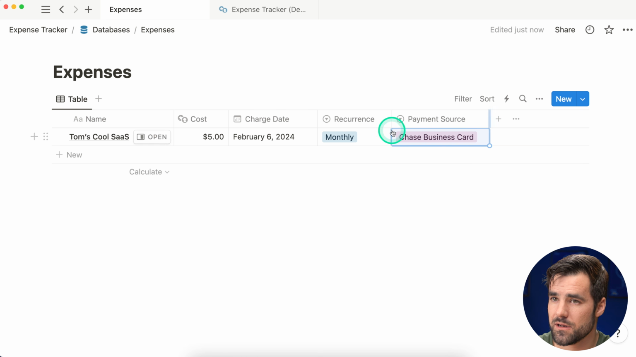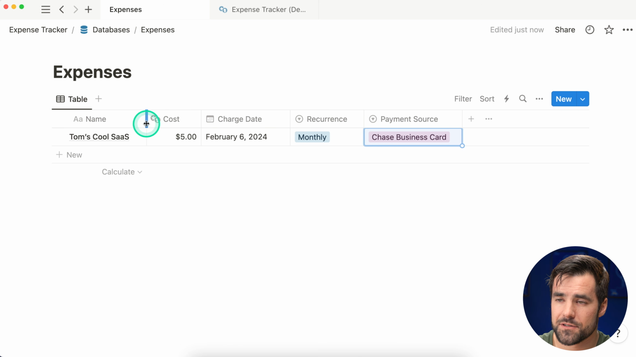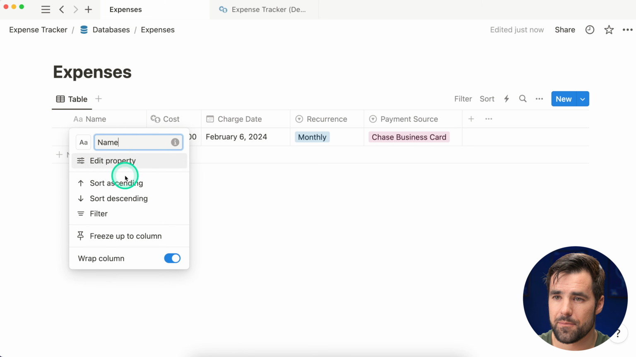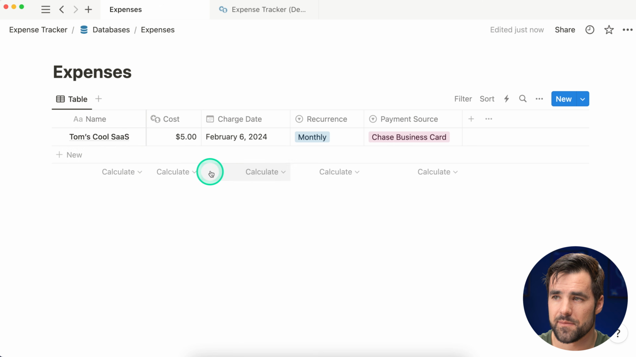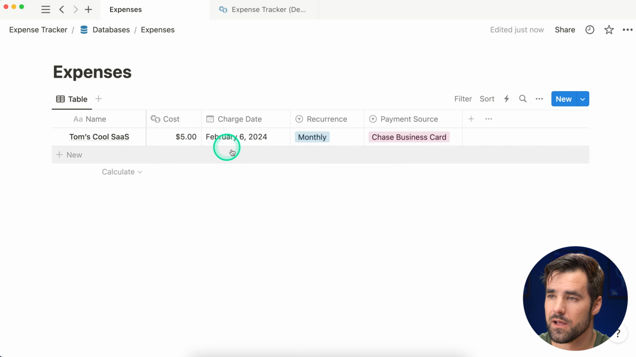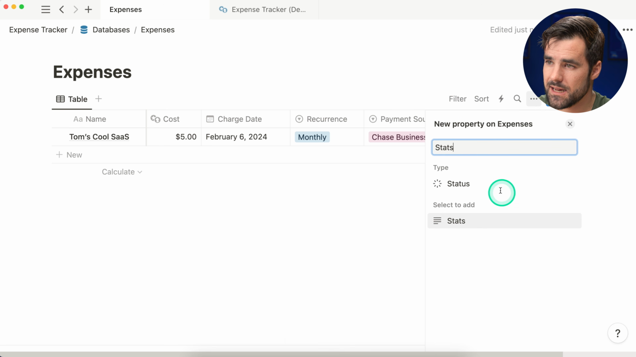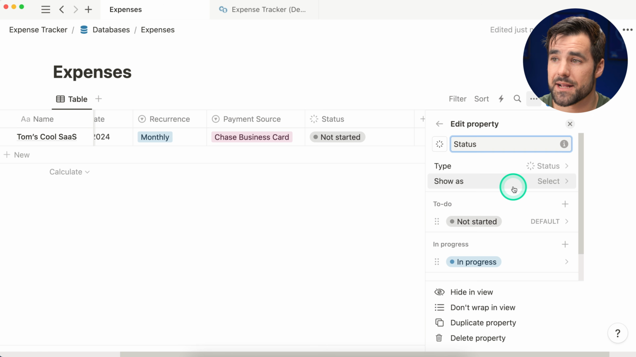That seems pretty good. And then as I build this out, because I'm so zoomed in, I'm going to have properties that are going to be going way off the screen here. So I'm going to right click the name property and I'm going to freeze up to the column. That way I can actually scroll, and I don't have enough properties to do it yet, but you'll see just a second why I did that. Let's add one more property here called status. And I think this one we will just name status, but